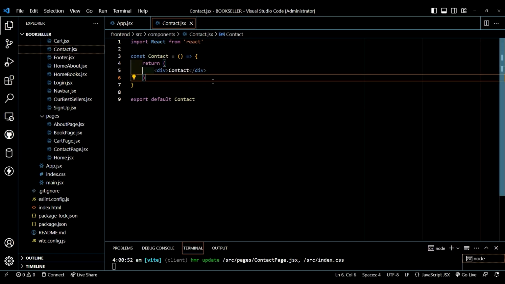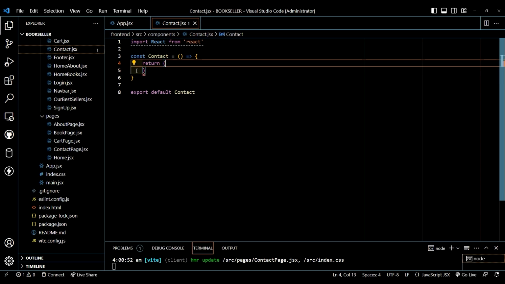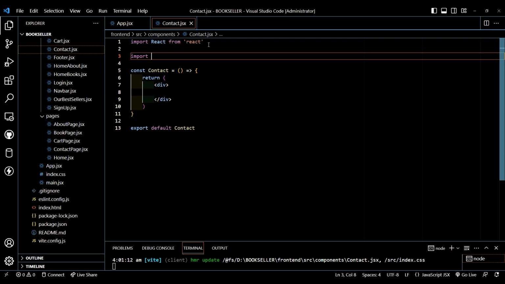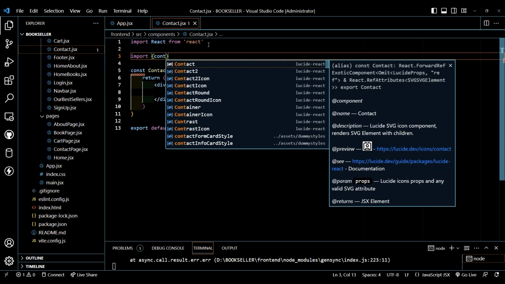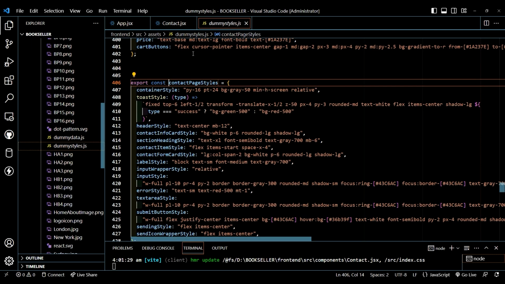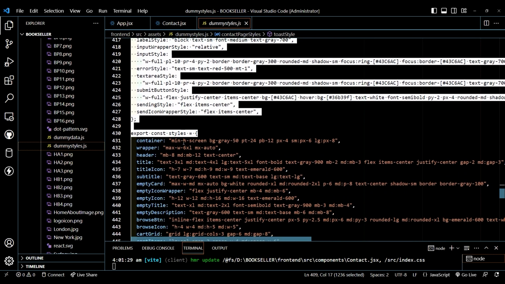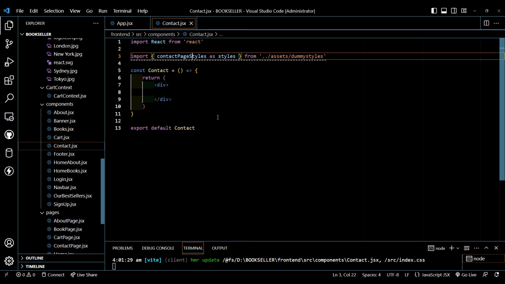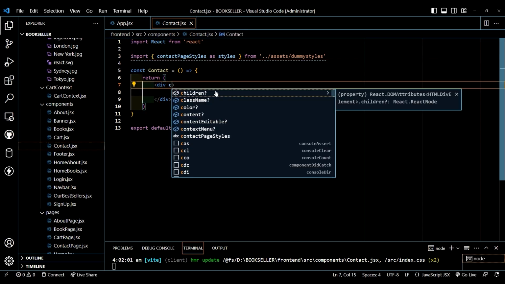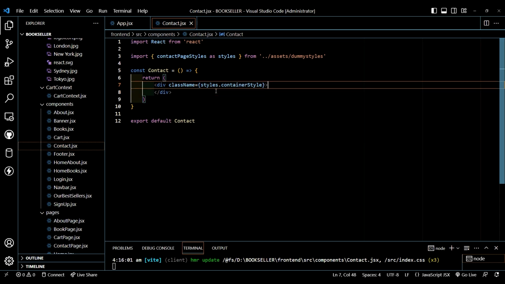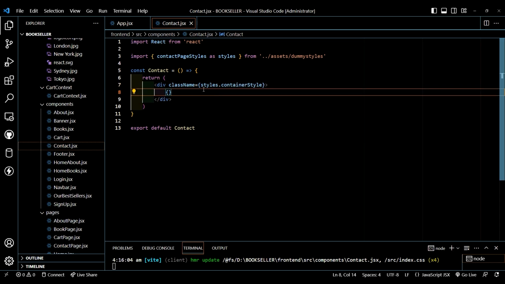Now let's create our contact component. Let's type here div, and now let's first import contact page styles as styles. So for this contact us, these classes will be applied for this contact component. Now after this, give class name. It will be styles dot contact container styles. Now inside this, type here toast